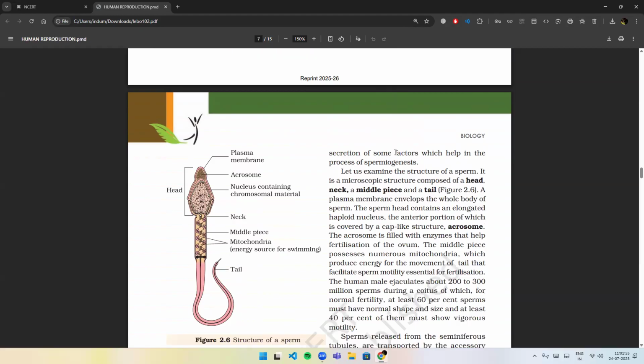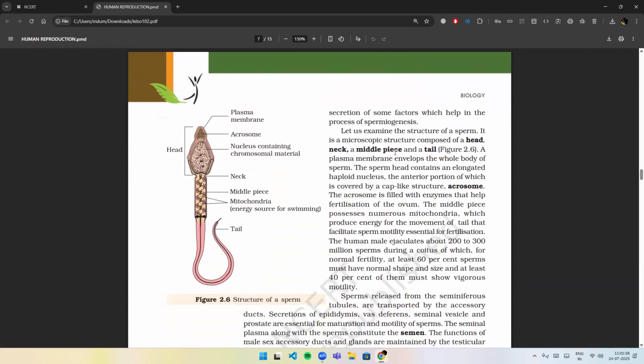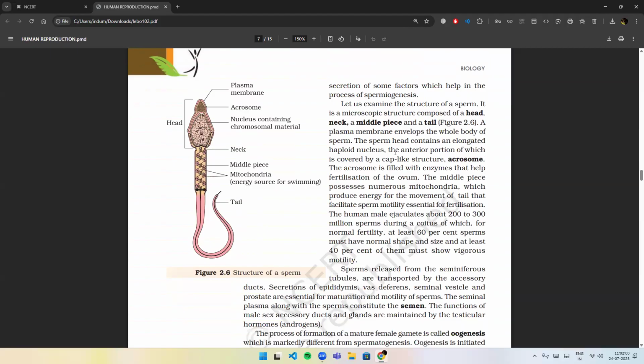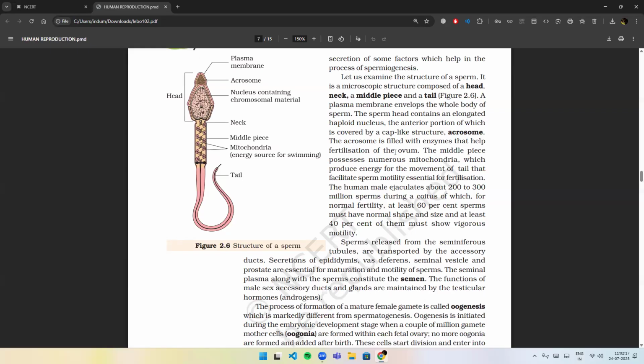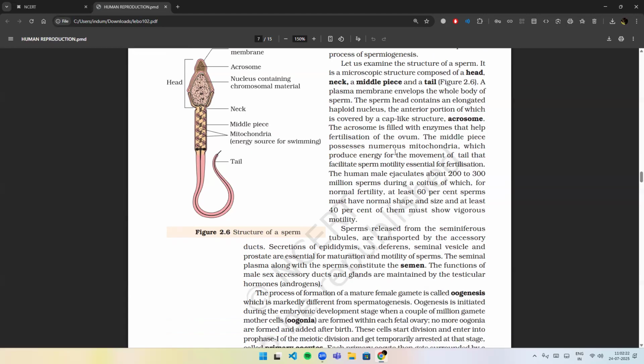Let us examine the structure of a sperm. It is a microscopic structure composed of a head, neck, a middle piece, and a tail. A plasma membrane envelops the whole body of the sperm. The sperm head contains an elongated haploid nucleus, the anterior portion of which is covered by a cap-like structure, the acrosome. The acrosome is filled with enzymes that help fertilization of the ovum. The middle piece possesses numerous mitochondria which produce energy for the movement of the tail that facilitates sperm motility